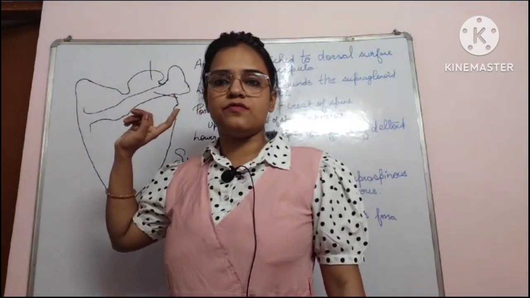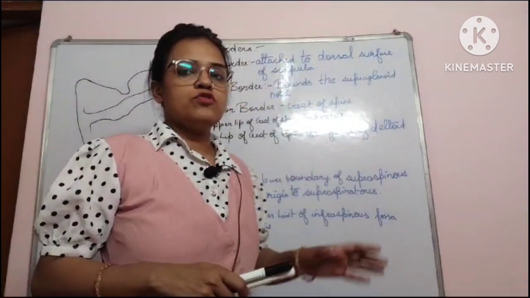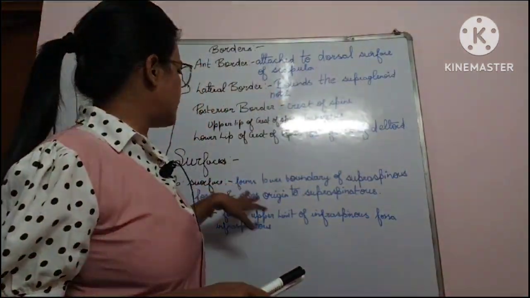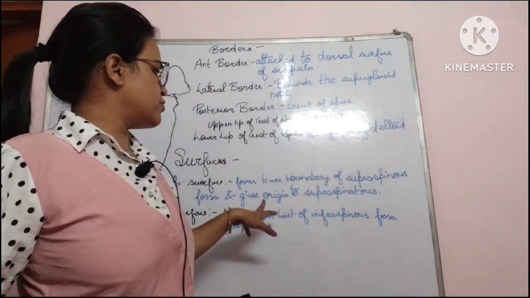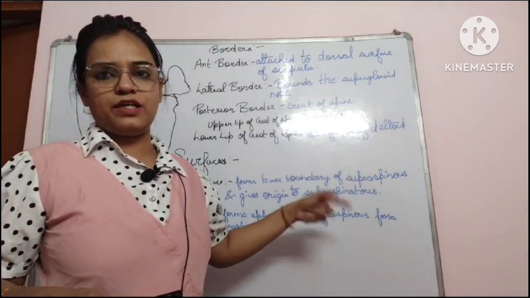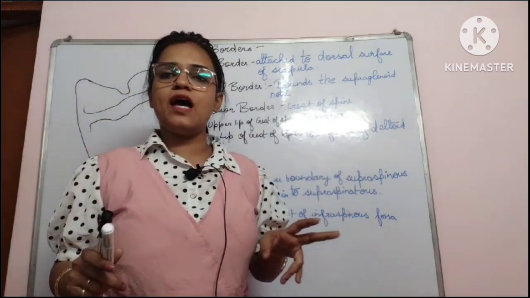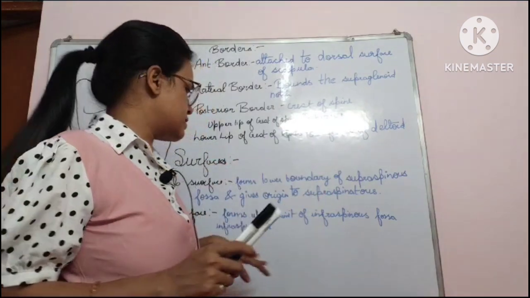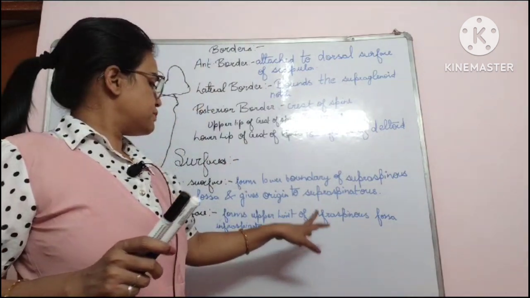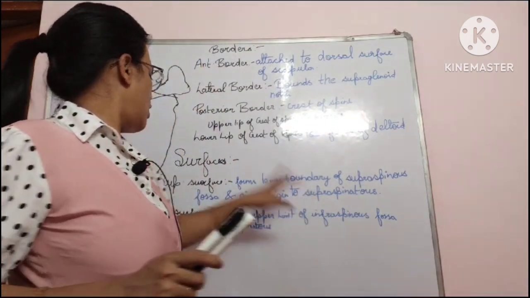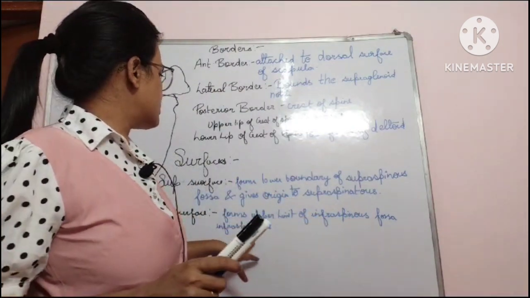clearly two surfaces are visible, superior surface and inferior surface. What is the role of superior surface? It forms the lower boundary of supraspinous fossa and gives origin to supraspinatus. So from the superior surface the supraspinatus muscle arises. Talking about the inferior surface, it forms the upper limit of infraspinous fossa,